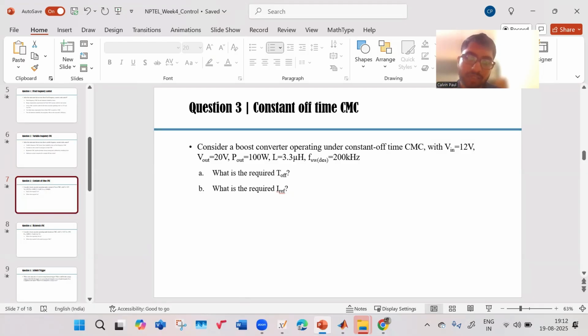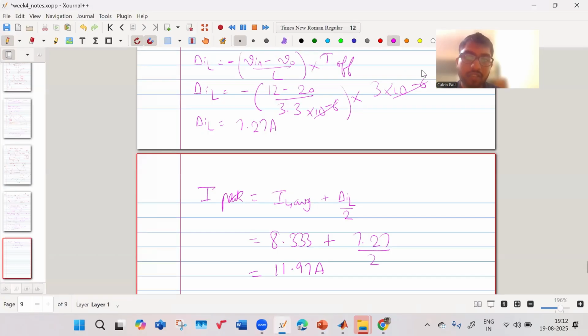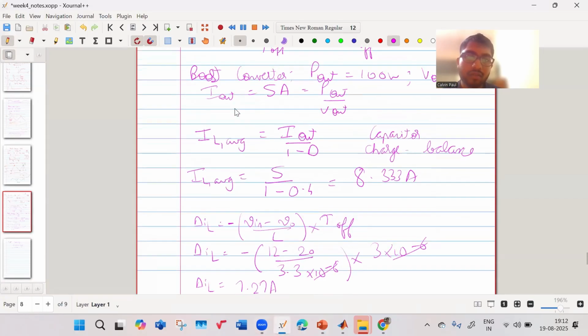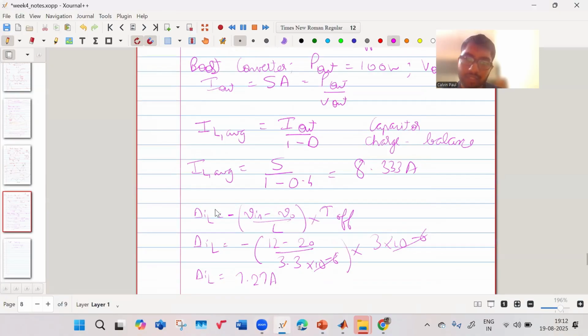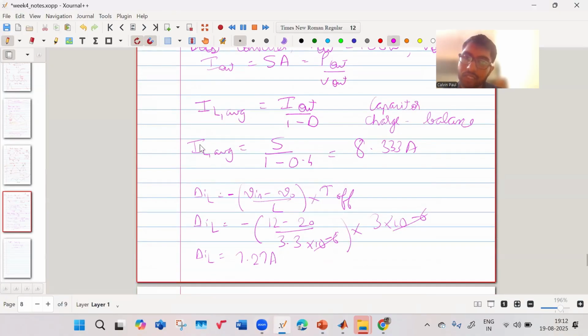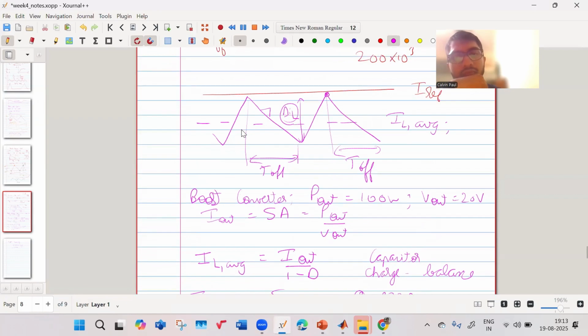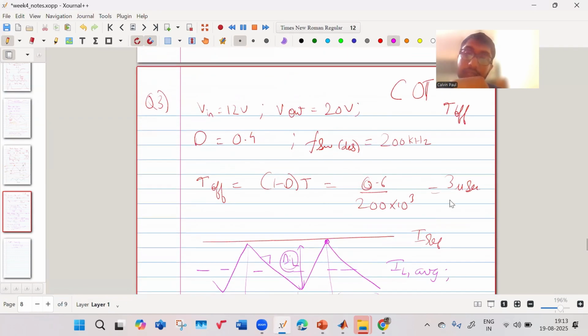But you're talking of which part actually? Because here we have not considered your switching frequency in the current ripple calculation. Average also we have not considered switching frequency. That 3 microsecond was calculated based on 200 kilohertz. Yeah. See, because this is your design criteria. You have been told to design it in such a way that your nominal switching frequency is 200 kilohertz. If that is provided to you, that is in your steady state, then your off time